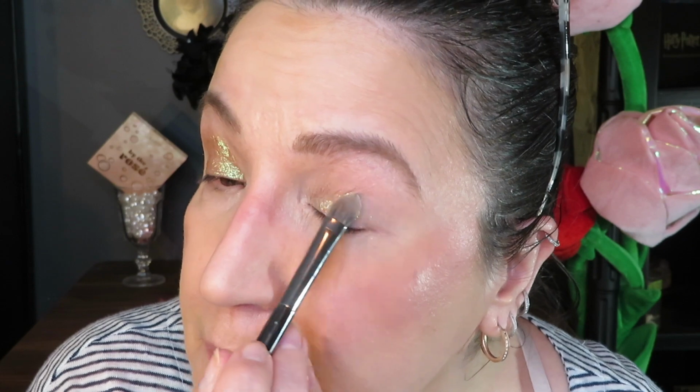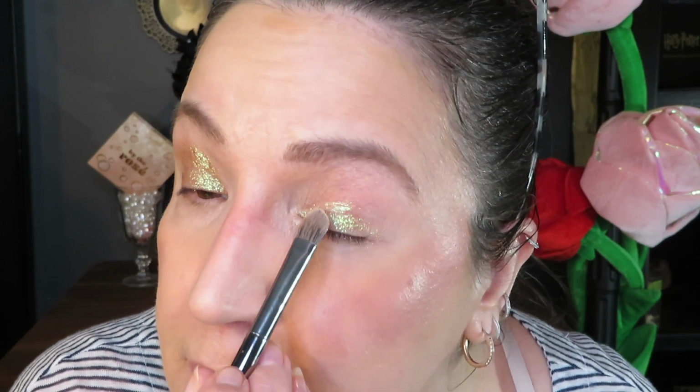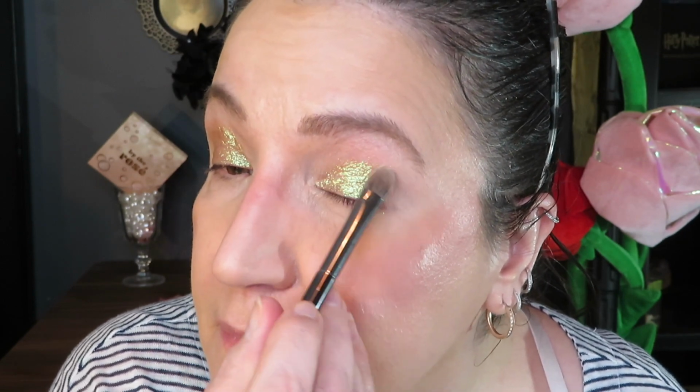Now, jewels. I was tempted to put a whatchamacallit transition shade, but you know what? No. Danessa Myricks stands alone. And the matte Danessa Myricks that I have is the wrong color. Oh, that's right. I didn't swatch it for you. I'm sorry. It's dry. Can't do anything anymore. It's dry. So that means...